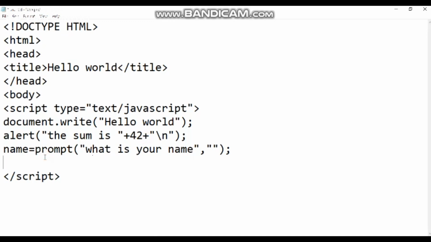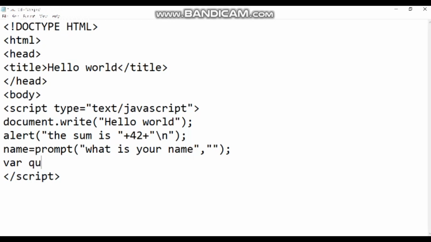The next method under the window object in JavaScript is confirm. It's going to ask you a question, whether you want to continue the process or abort the process. The value you have typed in or clicked on will be assigned to the variable. This is how you can dynamically assign the value to a variable.